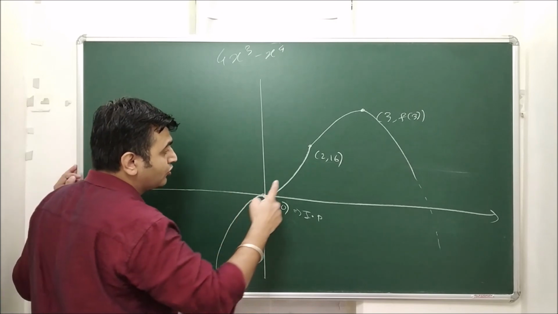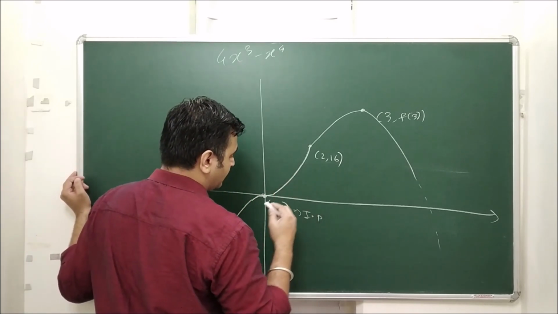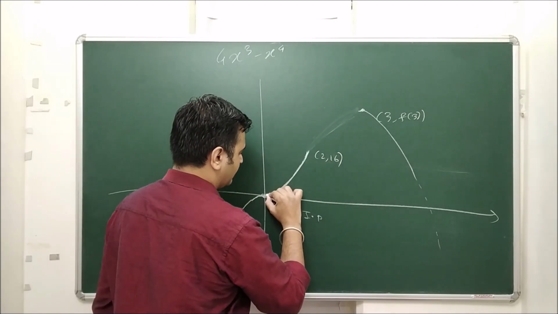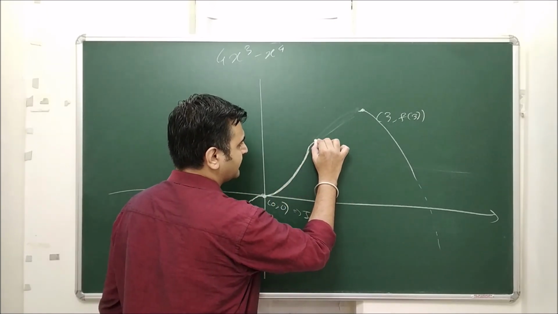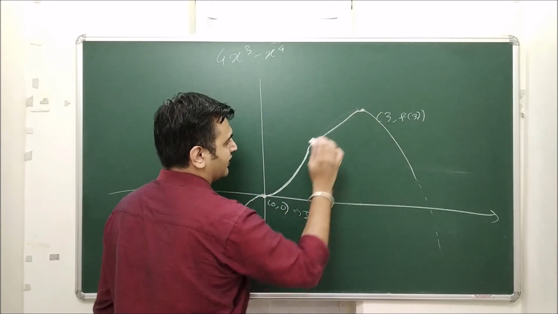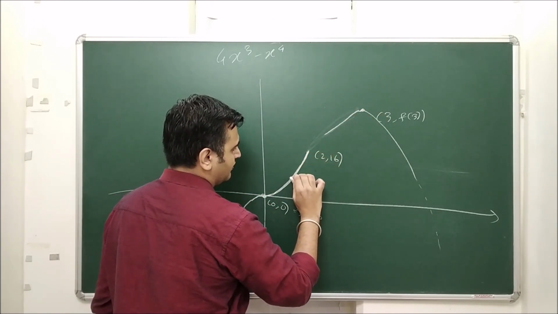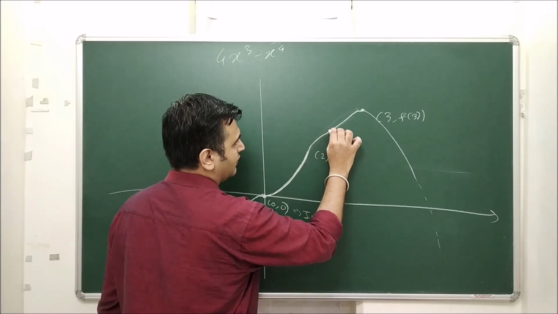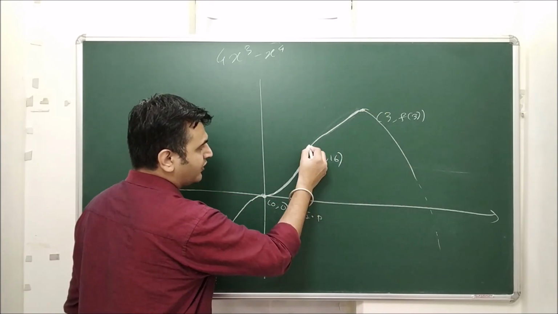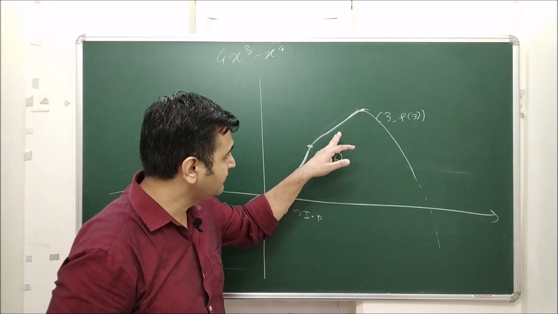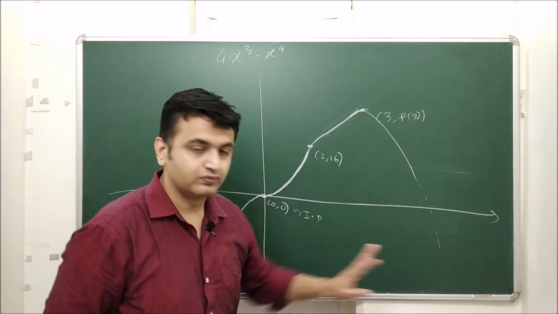Okay, at 2 do we have an inflection point? Oh, I think here also it was up only, if I am not wrong. So this was like this, and yeah, so it's up only. You have to be a bit careful. And then here it was down. So at 2 is not an inflection point because concavity is not changing, it's up only. And here it was, yeah, down.